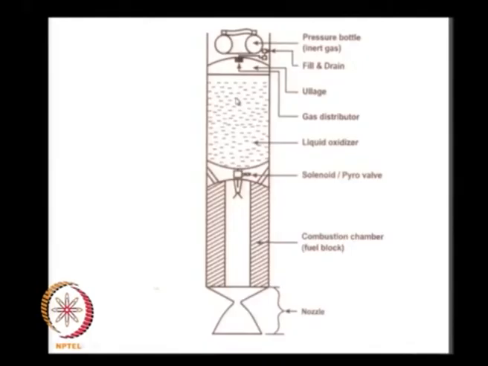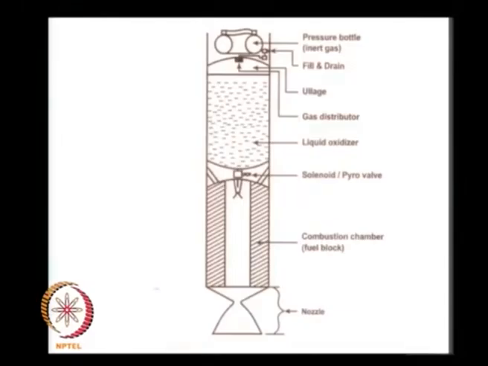So in a sense this combines the features of both solid rockets and liquid rockets. In some cases you need to have an igniter system here so as to ignite the combination, and then the combustion will take place. There are designs which are hypergolic, that is if you use N2O4 and certain compositions of solid fuel, you can have a hypergolic combination. So the design of this, if you look at